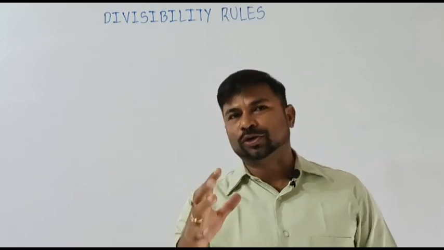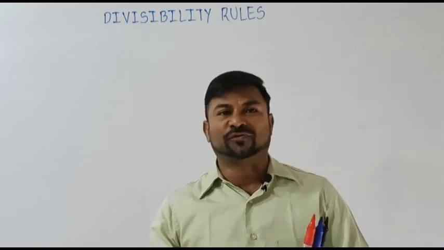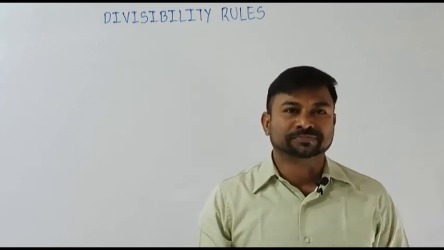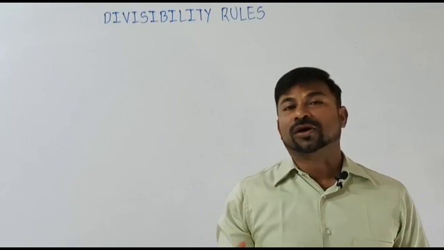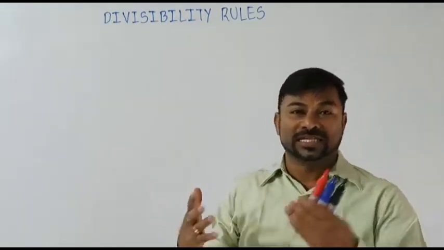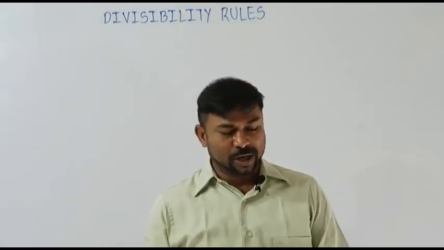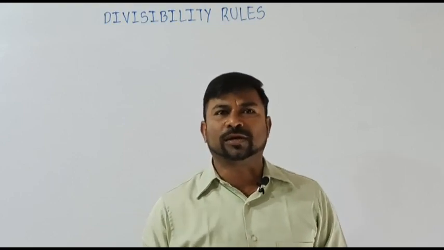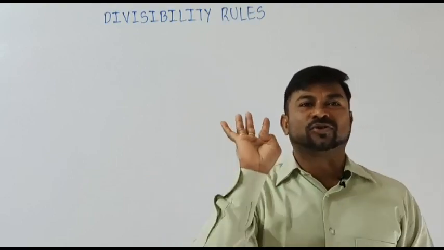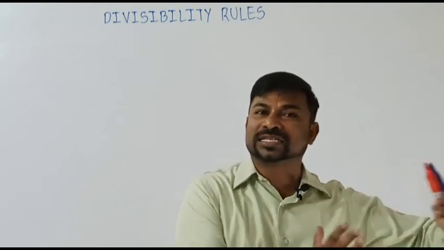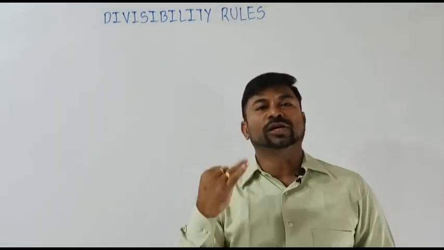In this video, I'm going to explain the basic stuff which is useful for calculating any bigger number. Instead of wasting time, by seeing the number itself, we can figure out whether the rule I'm going to say is applicable or not. The topic here is divisibility rules. Today I'm going to pick only a few things: 2, 3, 4 and 5. I will discuss the remaining ones in my next video. So, divisibility rules for 2, 3, 4 and 5.